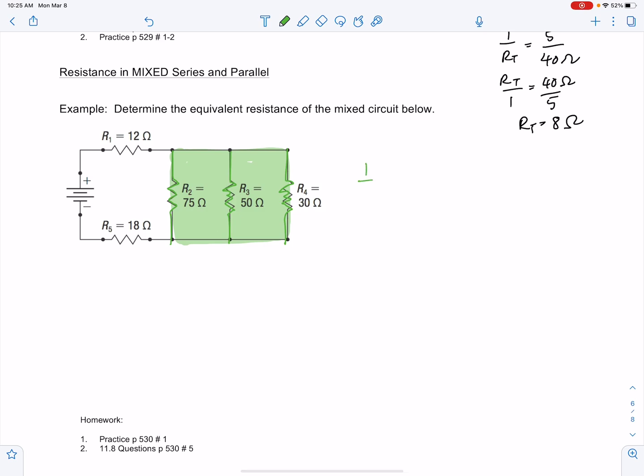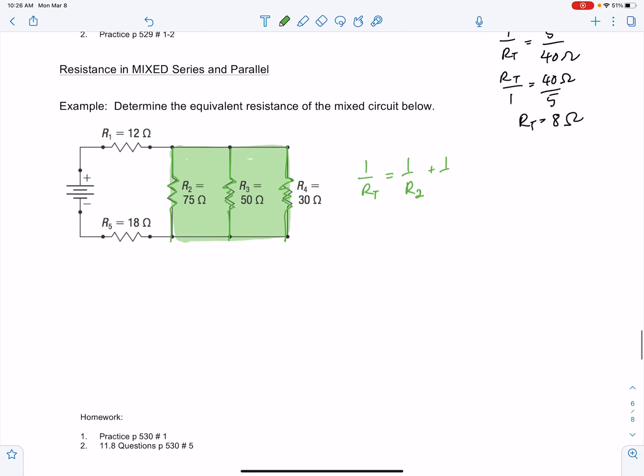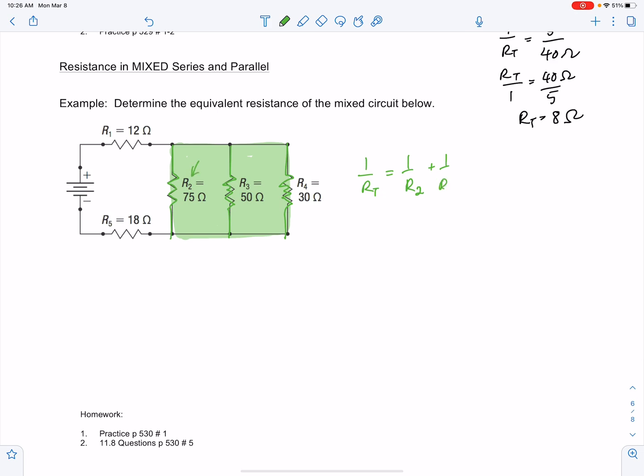And I'm going to use the rule for parallel resistors, which states that 1 over RT equals 1 over R1. I'll call it R2 rather, because that's what it says right here, plus R3, that's what it says right here, and R4 because that's what it says right there. So 1 over RT is 1 over 75 ohms plus 1 over 50 ohms plus 1 over 30 ohms. In order to simplify this, we need a common denominator, something that is common between 75, 50, and 30, and that number